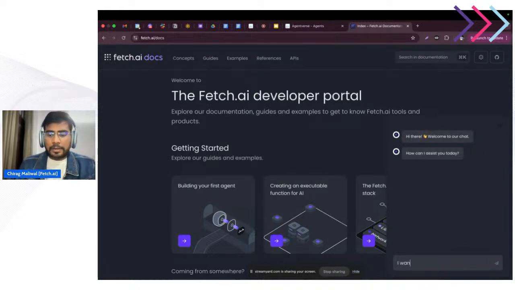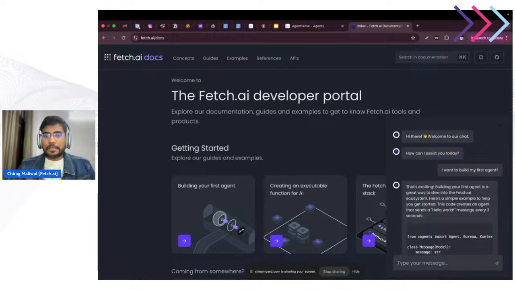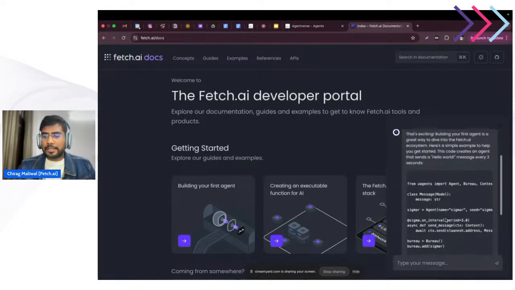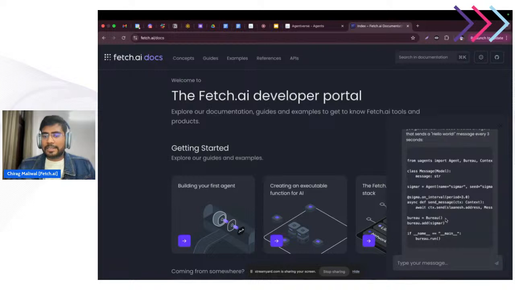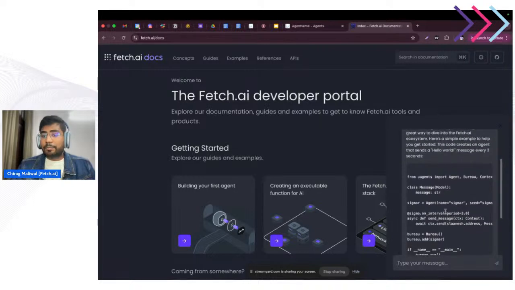Apart from that, if you have any question, like "I want to build my first agent," for this we are leveraging the ASI1 Mini LLM. We created a very basic agent which does a simple RAG system. So you can ask about anything, and you can get an idea about how you can create basic agents.